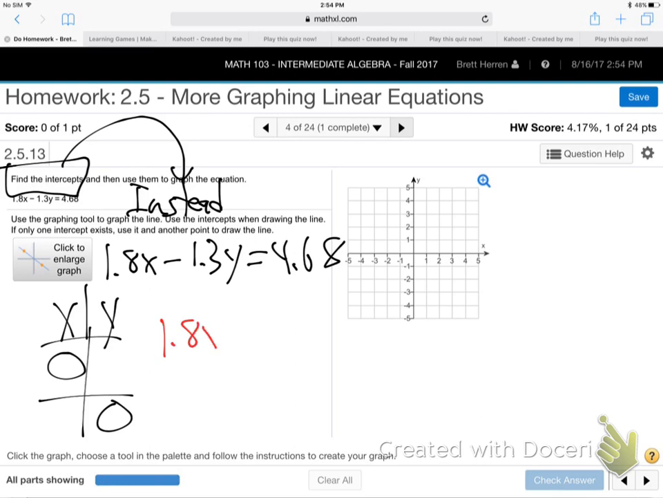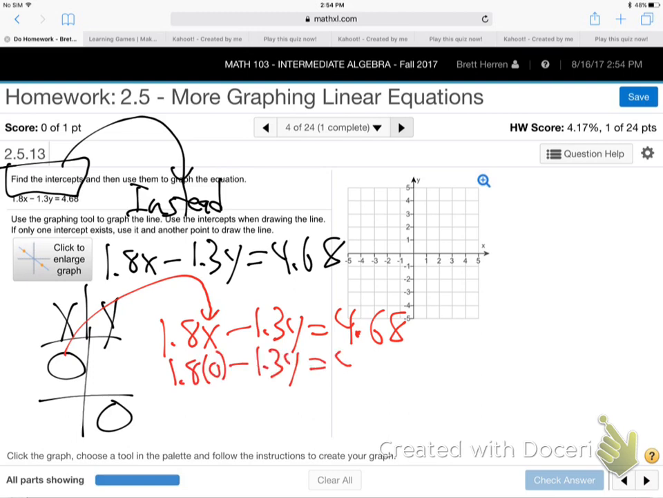So I'm going to take 1.8x minus 1.3y equals 4.68, the whole equation here, and I'm going to plug in 0 for x. I'm making what I call the double zero table. Why? Because that will find those intercepts. Those intercepts have one of their numbers 0. You'll see as we go. So put in a 0 there. 1.8 times 0 minus 1.3y is 4.68. That drops out. So minus 1.3y